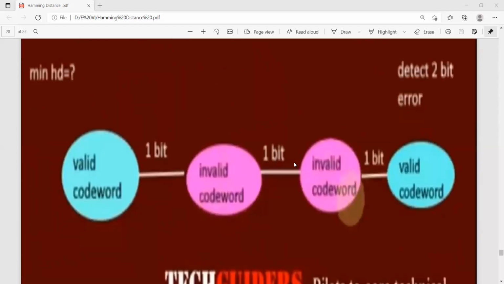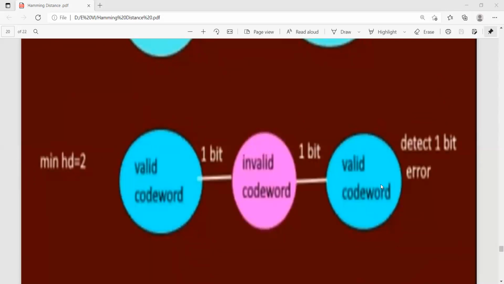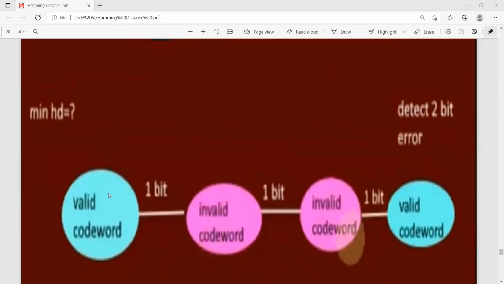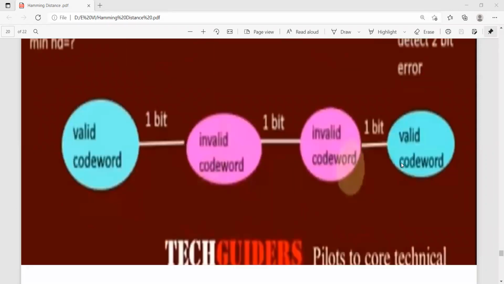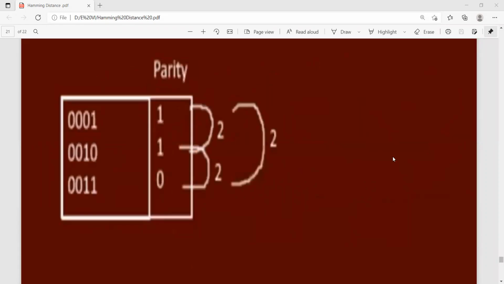So this is the distance. How much distance? Here it is from this to this to this, like this. 2. For 2, first 2 places. Okay. This one is, what is the value of this? Here it is 1 bit change, next bit change, next bit change. So therefore, it is 3. Hamming distance is 3. So therefore, this is a parity.